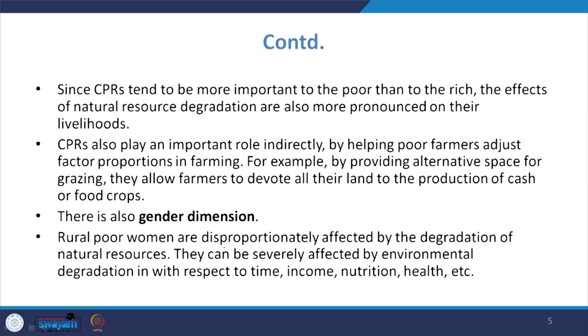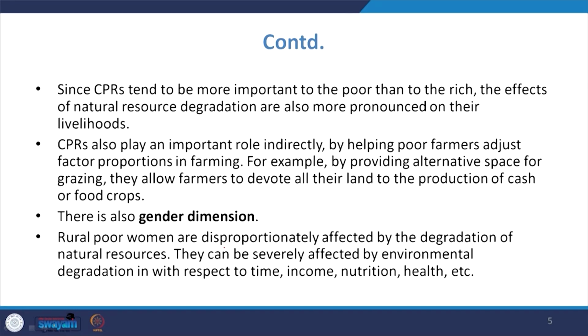So, in this way, if there is an improvement in environmental resources, then it is indirectly the addition of the income of the farmers, because farmers can commercialize their agriculture, diversify their agriculture, they may reduce area under fodder, because now common property resources are improved and they can get the grassland for their cattle grazing. This is one of the important issues when we talk about opportunity. So, environmental improvement also provide different kinds of livelihood opportunities to the poor people.